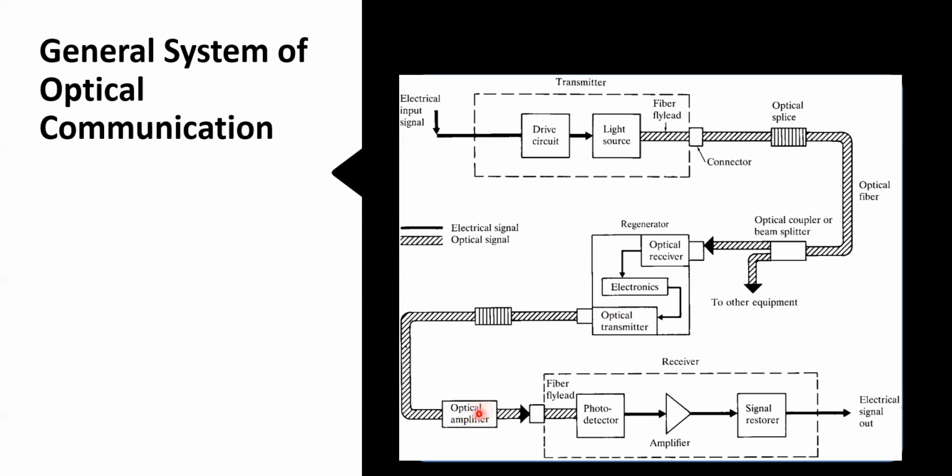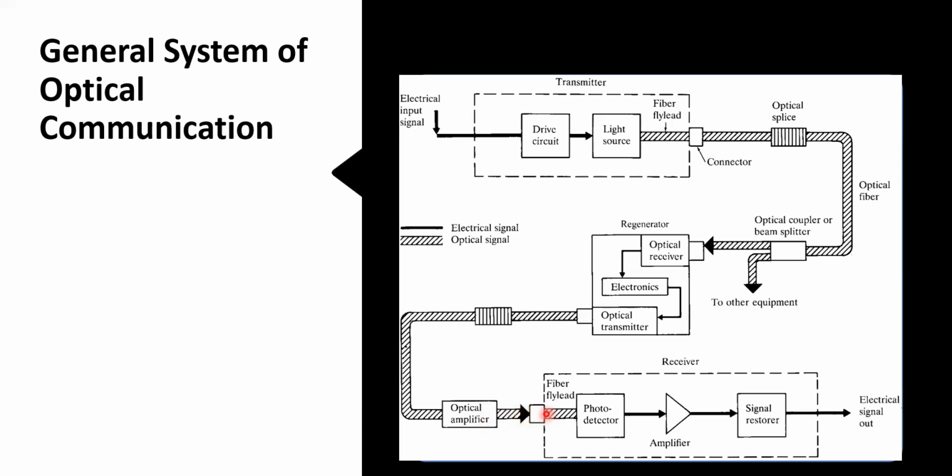Whereas for an electrical amplifier, the input needs to be converted from optical to electrical, then we need to amplify, and then again we need to convert it into optical and transmit. So that is going to be more complex because there should be an electrical to optical conversion taking place. Whereas an optical amplifier doesn't need electrical to optical conversion; directly the light is getting amplified and then it is proceeding further